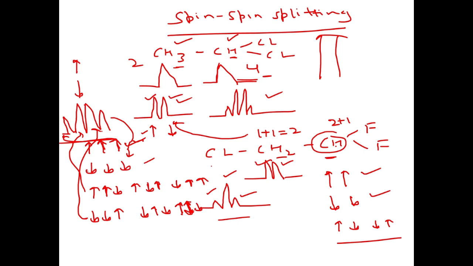ओके, तो इस कंसेप्ट को हम स्पिन स्प्लिटिंग कहते हैं। स्पिन स्प्लिटिंग मतलब एक न्यूक्लियस दूसरे न्यूक्लियस को स्प्लिट कर रहा है, उसकी पीक स्प्लिट हो रही है। ये क्यों स्प्लिट हो रही है ये हमने देख लिया, कैसे स्प्लिट हो रही है, कितने भागों में स्प्लिट होगी। अगर दो में स्प्लिट होती है कोई पीक तो उसको हम डबलेट कहते हैं, 3 में होती है तो ट्रिपलेट कहते हैं, 4 में होती है तो हम क्वार्टेट कहते हैं,